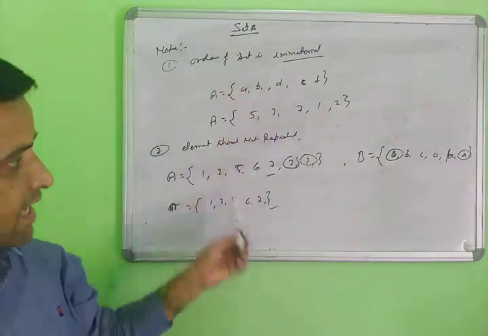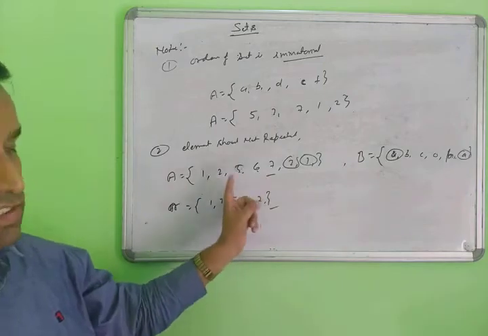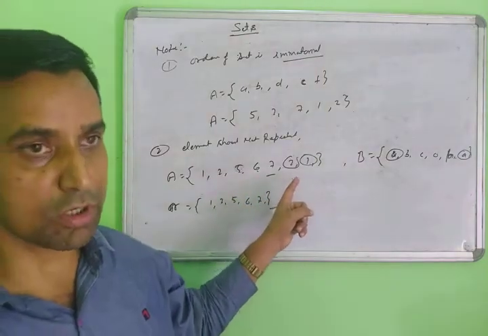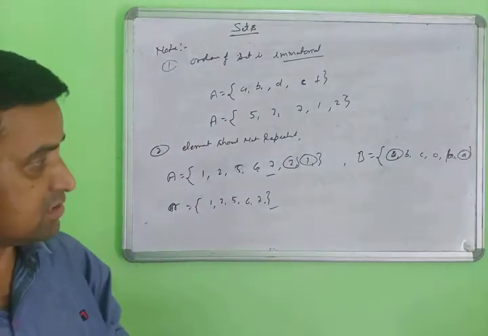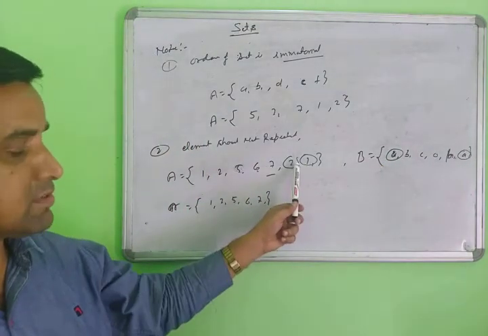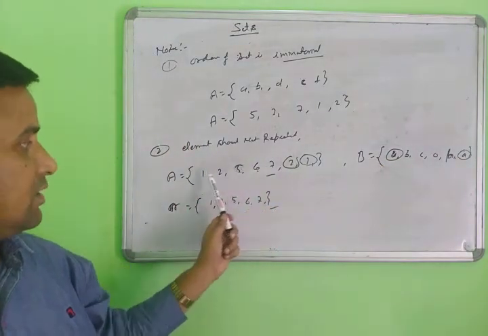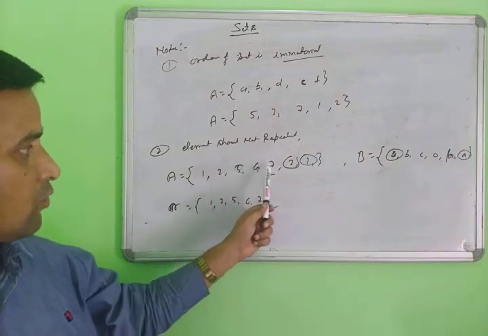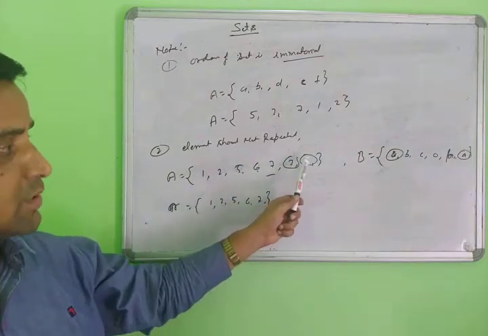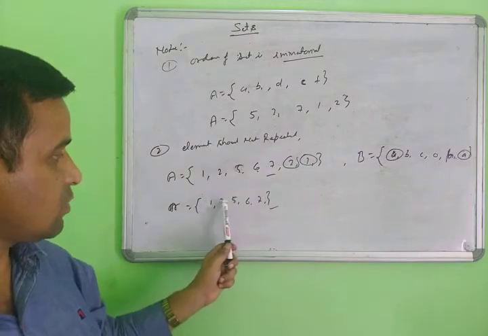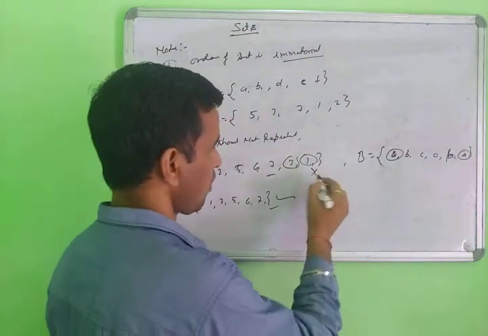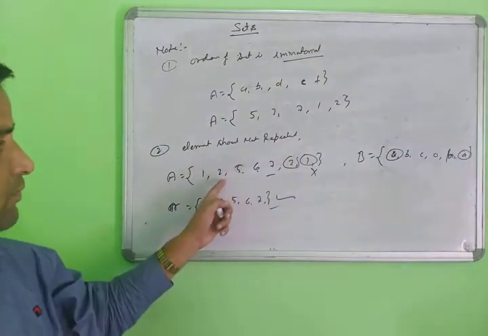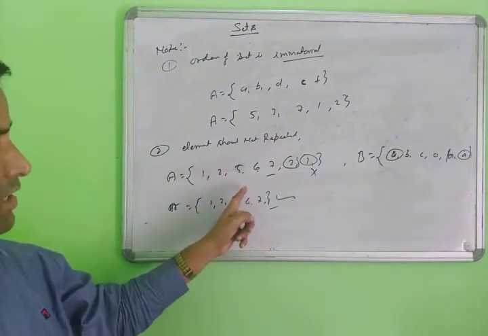You can write any form. But an important thing: the elements here will not be repeated. Elements count only one time. Suppose you write an element two times, you will not count it two times. Your elements 1 2 3 4 5, and then 6 7 will not count here. It means 1 2 3 4 5. This is the exact correct form. This is wrong. Suppose you write in this form, you will count in this form, then not count in this form.